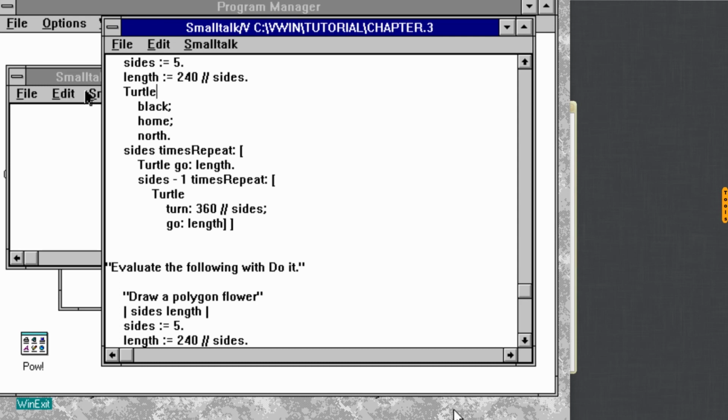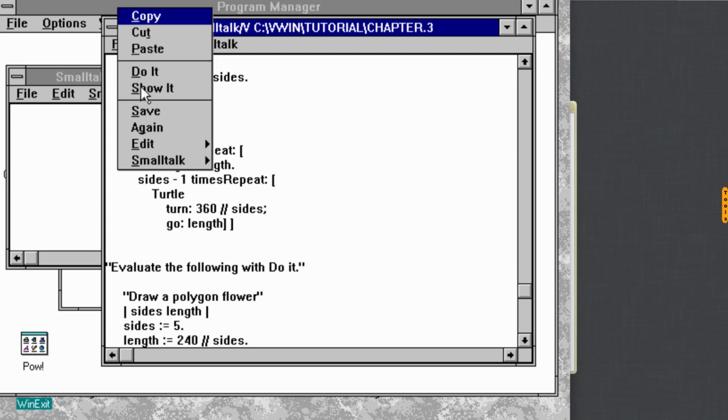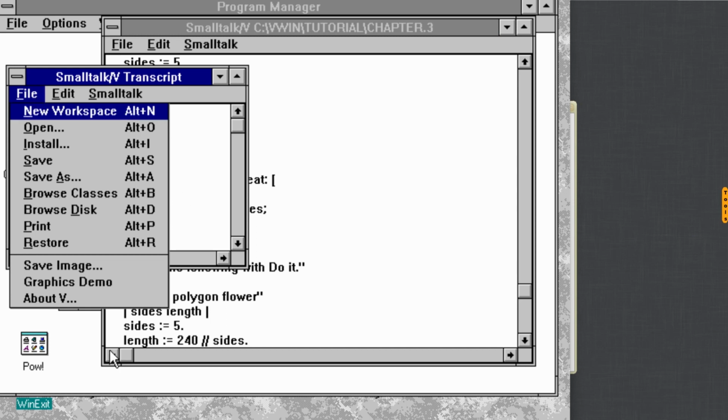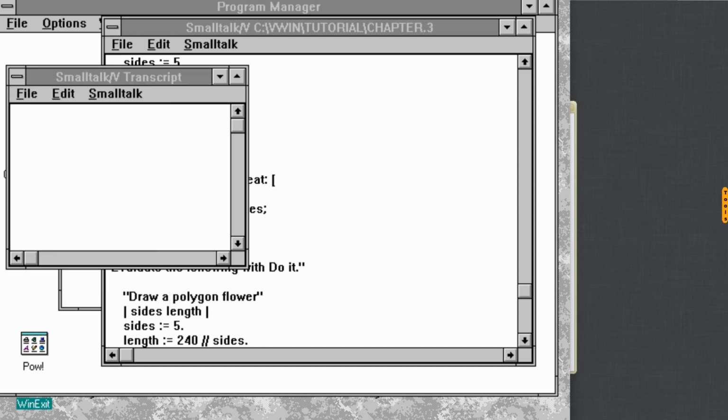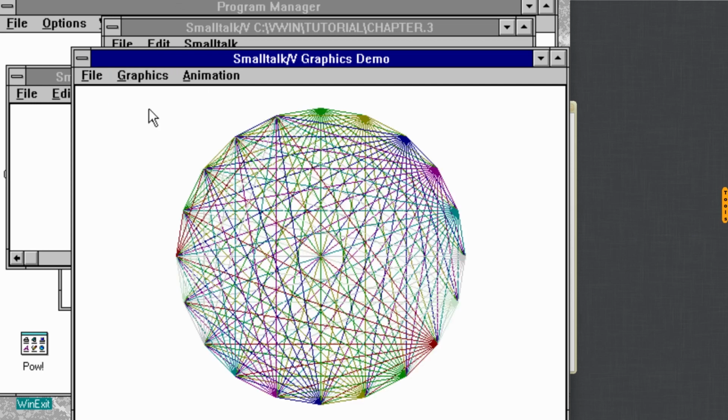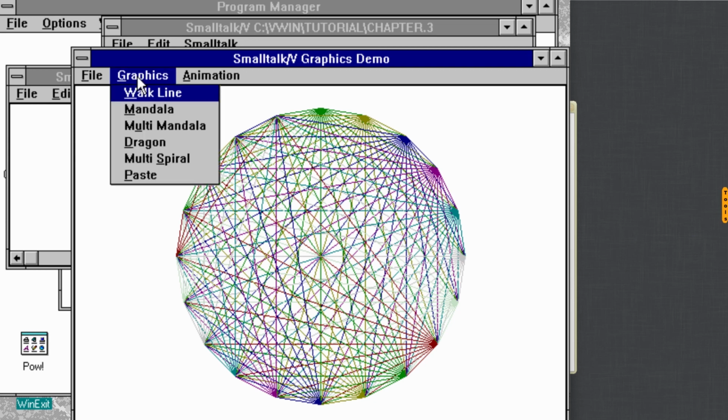So what exactly is a turtle object? Well, here I've loaded up Smalltalk V and I can just try it out by selecting turtle, and in Smalltalk V the command is show it, and it shows me it's a recording pen. So maybe a pen object in Squeak will do the job. Well, I'll try that out presently, but first let's see what kind of turtle graphics the Smalltalk V system's capable of. It's got some demos already set up here, graphics demo. So all of these are drawn using the turtle, so let's try a few of them. Mandala, okay, and dragon,